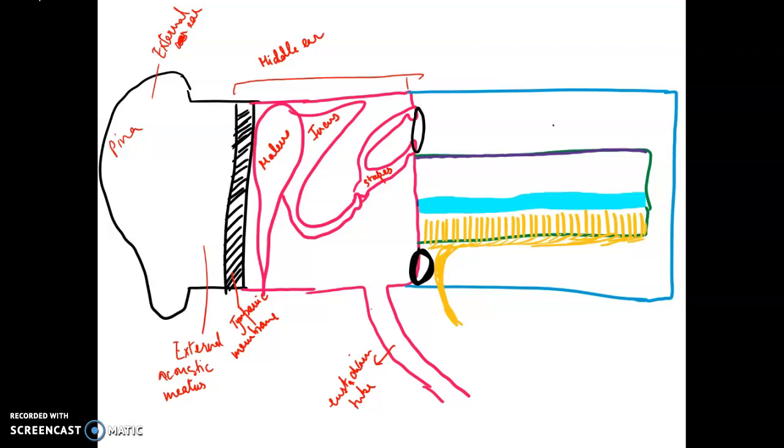Let's say there is too much pressure built up in the middle ear. Some of the air will escape this way to the pharynx, and so that will reduce the pressure in the middle ear. Okay, so it helps. The eustachian tube is important to maintain the pressure. All right, I also want you to know that in the external ear, of course, we have air. Here we have air. But when we look into the inner ear, which is all the blue parts, I want you to know